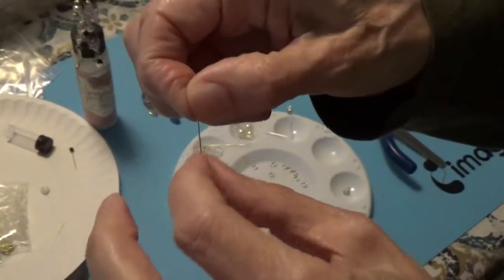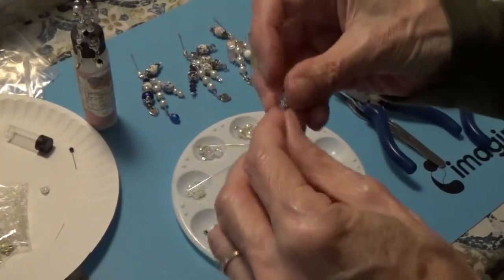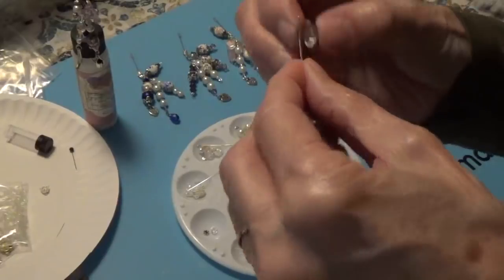Oh, I might make sure I'm in shot here. Yeah, because I usually do this sitting down and I'm standing up to do this for the video, for the tutorial, and it's like...